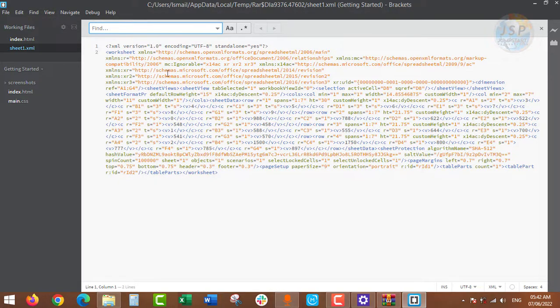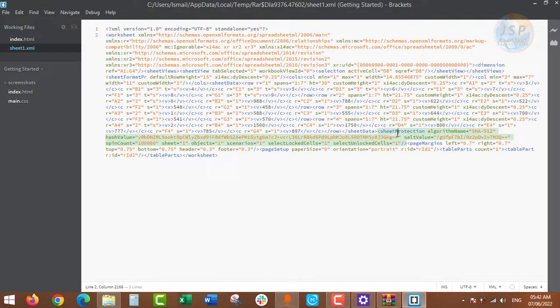In order to know which code we need to delete, we must use find and type in protection, and it will give me the matching tag. This is the code I need to delete. By clicking once on protection, the program will show me the beginning and the end of my code, so I won't delete anything else. All I need is to select this selection that the program has made for me. So I begin with the bracket, end with the other bracket, and press,